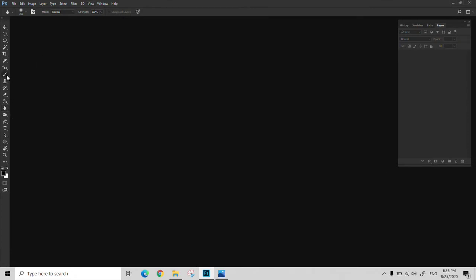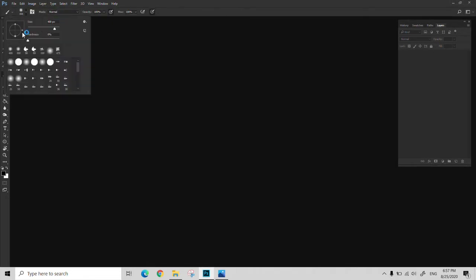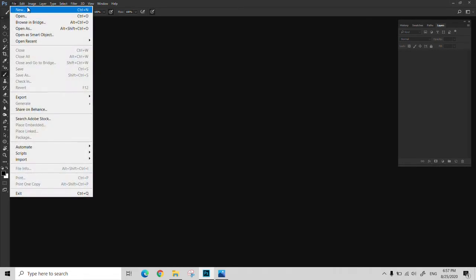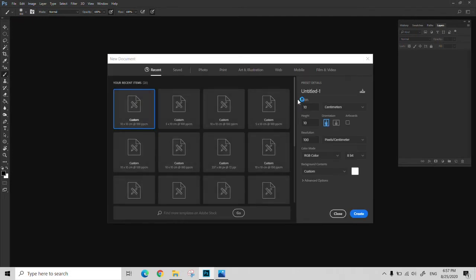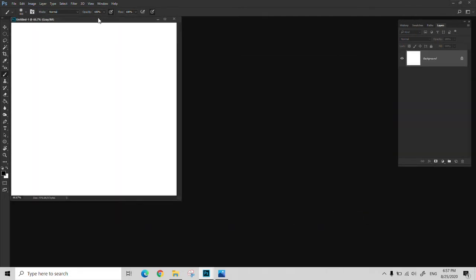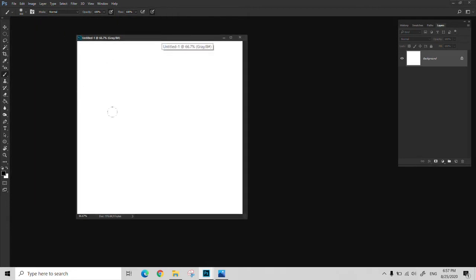For example, if you remember, if you go to your brush tool, pencil tool, color replacement, even your stamp tool, your history brush tool, your eraser tool, all of them, as you know, you can choose a different style of the brush. So we're gonna talk about this section today. Let me open an image for you guys. Okay, for example here,